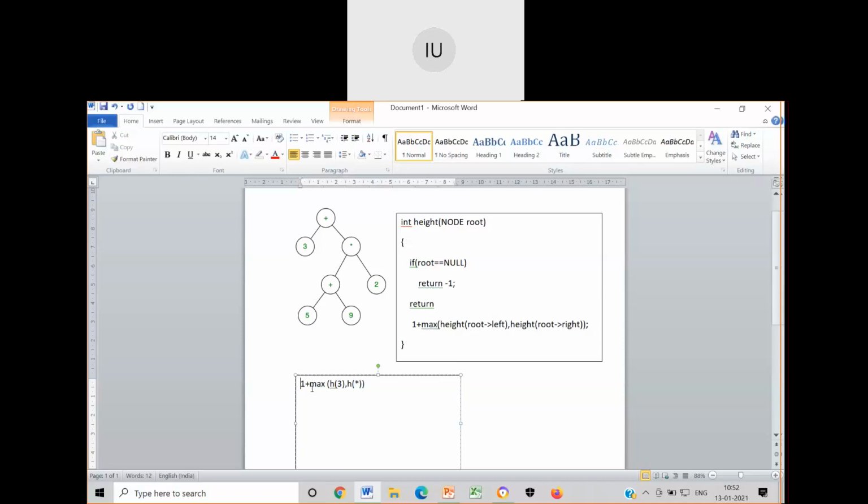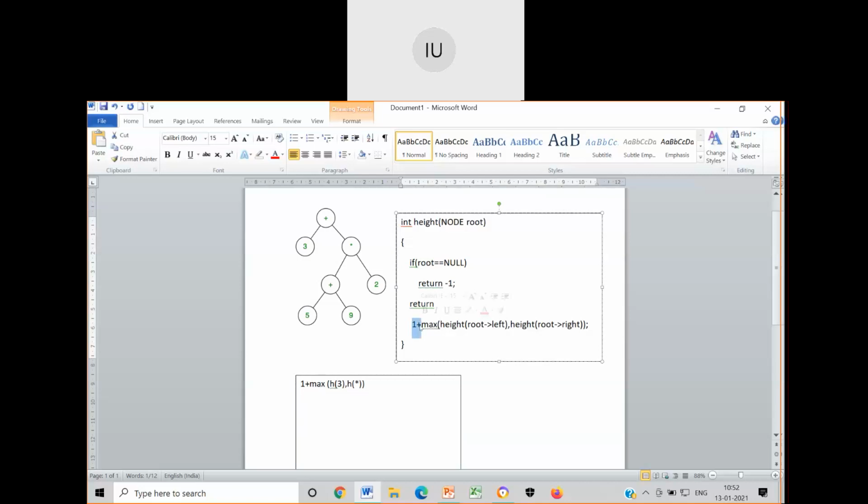And how do you get the level of the tree? Height you would already have got from this function. Minus 1, if you do, it will be the level. Level of the tree is always height minus 1. Height of the tree is computed with the sense that every time you go to the next level, add 1 to it. It's as simple as that. This 1 plus indicates whenever you are going to the next level, add 1 to it. Then go for the left or the right subtree.